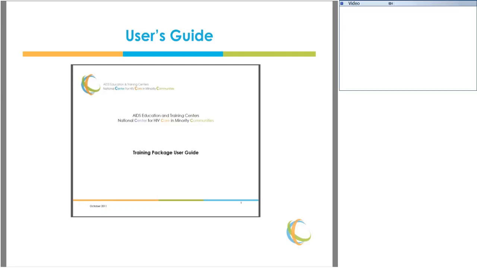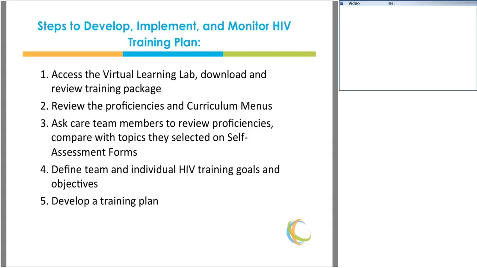The next item I want to discuss is, now that you're more familiar with the curriculum menus and how to use them, let's talk about developing a training plan. The user's guide discusses this in depth and lists the following steps: accessing the virtual learning lab, then reviewing the proficiencies and the curriculum menus, asking care team members to review the proficiencies, compare with a topic they selected on the self-assessment form, also define team and individual HIV training goals and objectives, and then lastly, develop